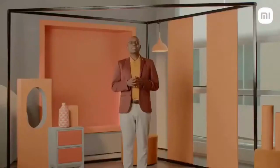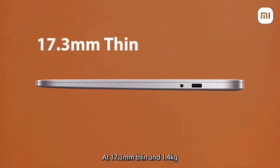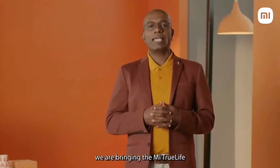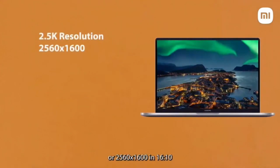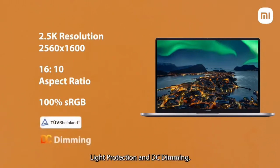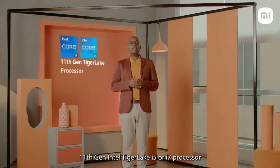Introducing the Mi Notebook Pro. The Mi Notebook Pro is crafted from the same aircraft-grade aluminum alloy as the Mi Notebook Ultra. At 17.3 mm thin and 1.4 kg light, it's a true lean, mean machine. With the Mi Notebook Pro, we are bringing the Mi True Life display, which offers a Quad HD Plus resolution or 2560x1600 in a 16:10 aspect ratio with 100% sRGB color gamut and with TÜV low blue light protection and DC dimming. Like the Mi Notebook Ultra, it also comes with 11th Gen Intel Tiger Lake i5 or i7 processor